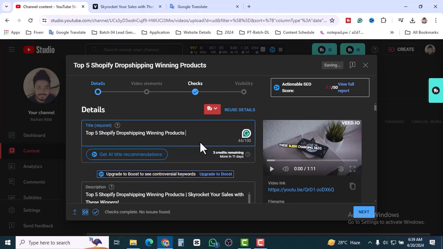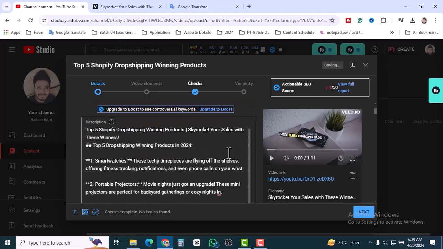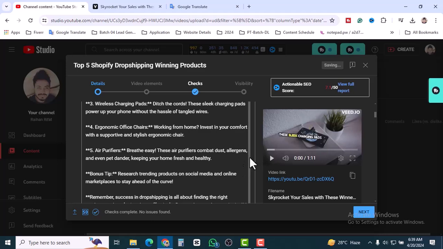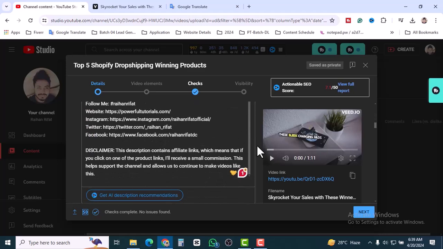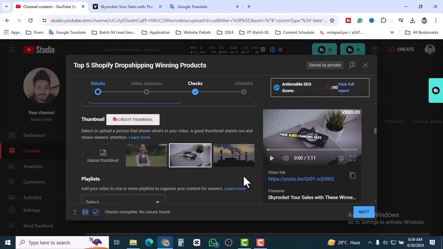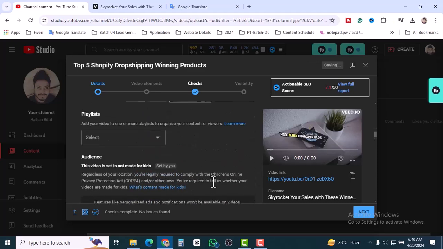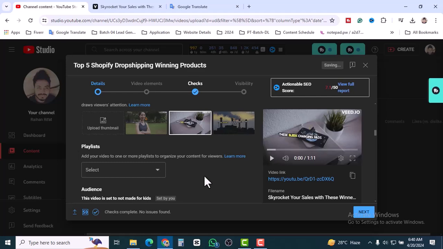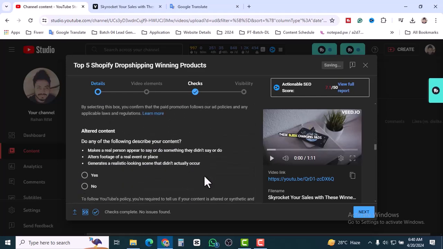That's pretty much clear. Here you can see the thumbnail section. You can design your thumbnail, or you can upload one from there. You also have the playlist section. And very important, altered content, that means AI altered content. It's really important.